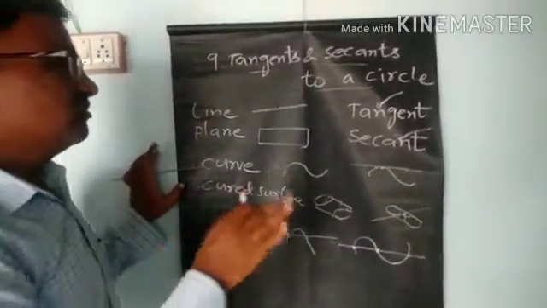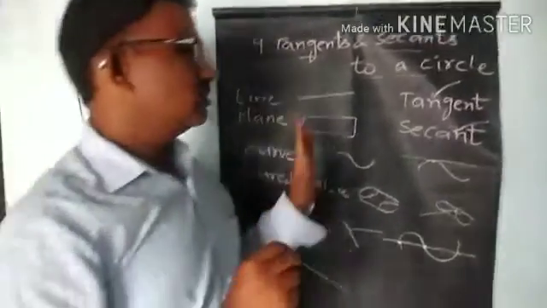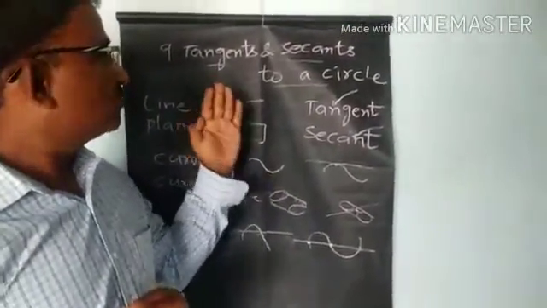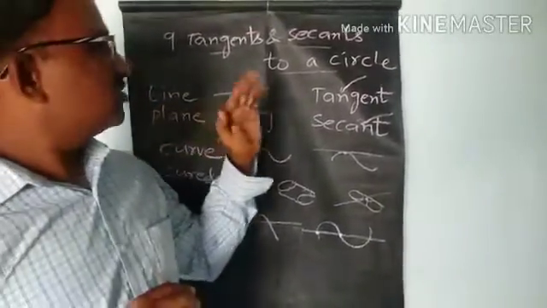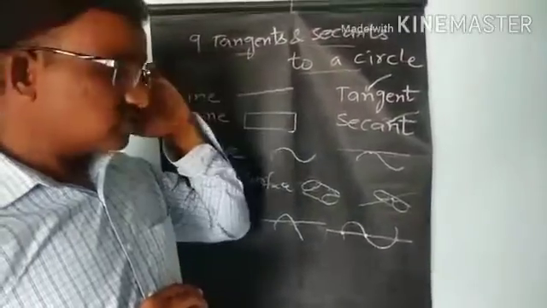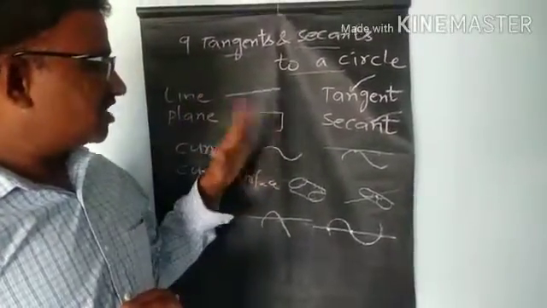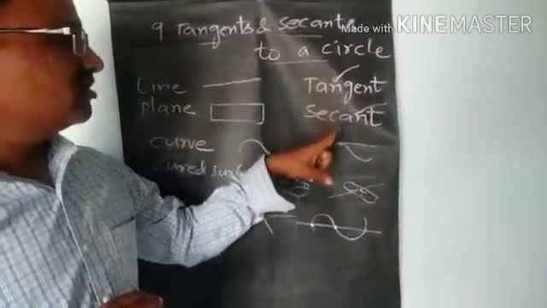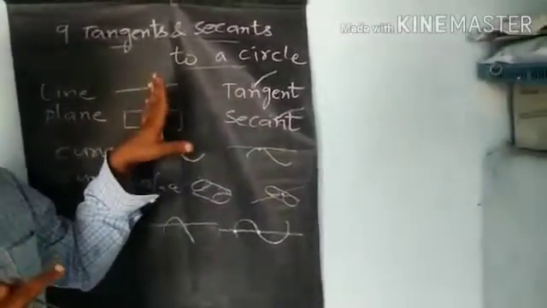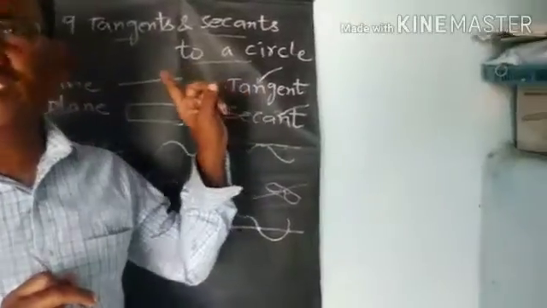So in today's class, we have learned what tangent and secant mean, generally. In the next class we will come to know what is related to the circle, what do you mean by a circle, and we will come to the conclusion. In this class we have learned very clearly, by seeing the activities, what tangent and secant mean. We will continue in the next class with tangents and secants to a circle.